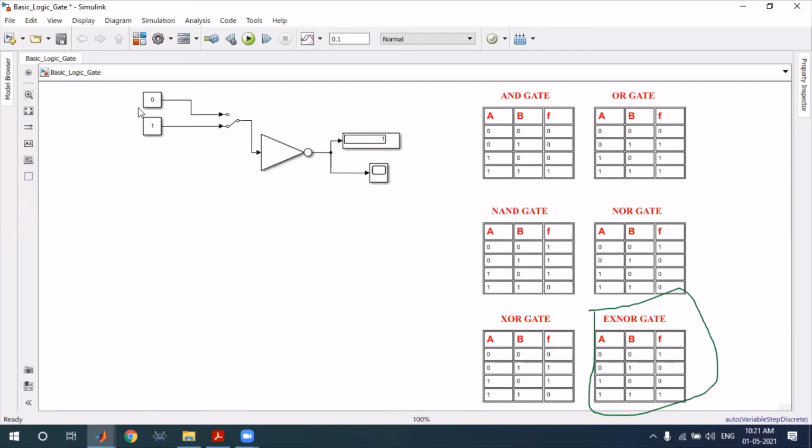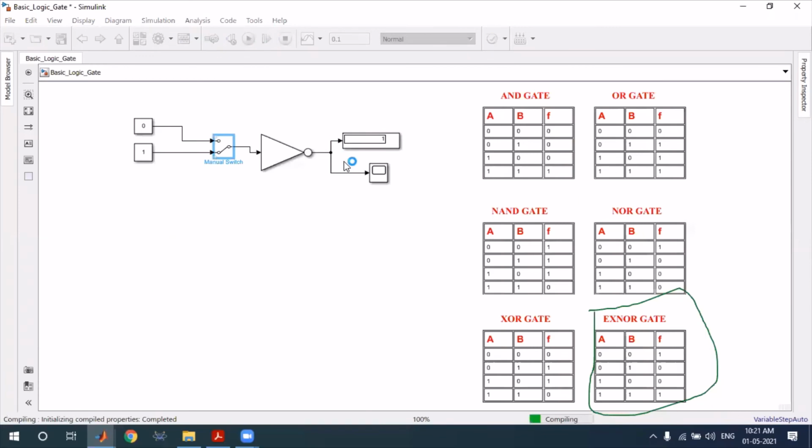So we have one input here. You see there, we have one input, and we try to check what happened. So this is your NOT gate. This is the symbol of your NOT gate. First of all, if your input is 0 and we try to see the output, you see your output is 1. And if your input is 1, then your output is 0.